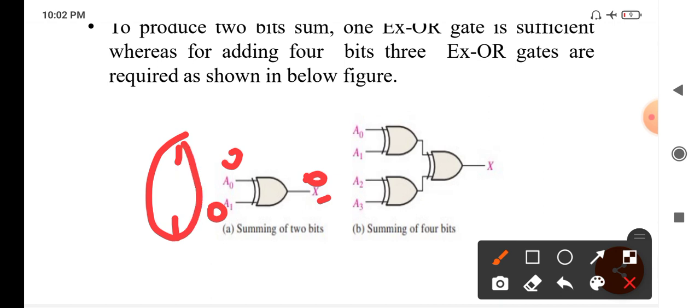So with 1 1 1 1, an even number of ones, it is 0. With 0 0 0 0, it is 0. So the output here is the parity. Consider that as the parity, and that should be transmitted. Okay.